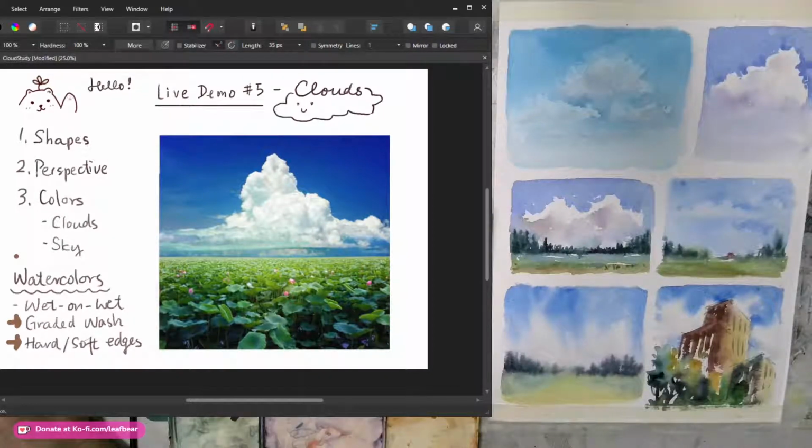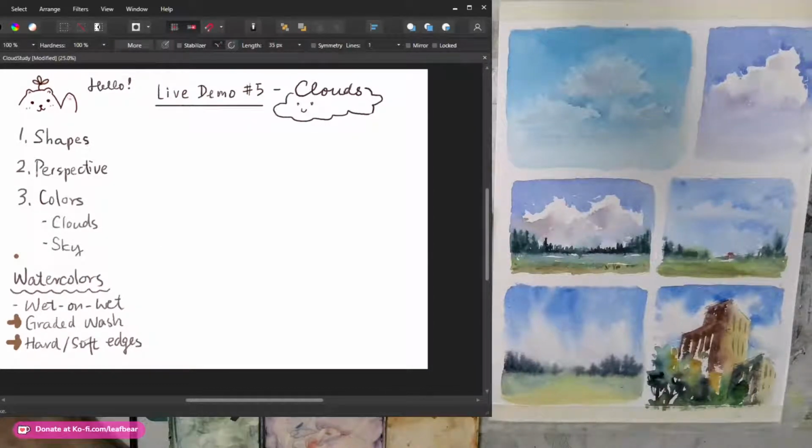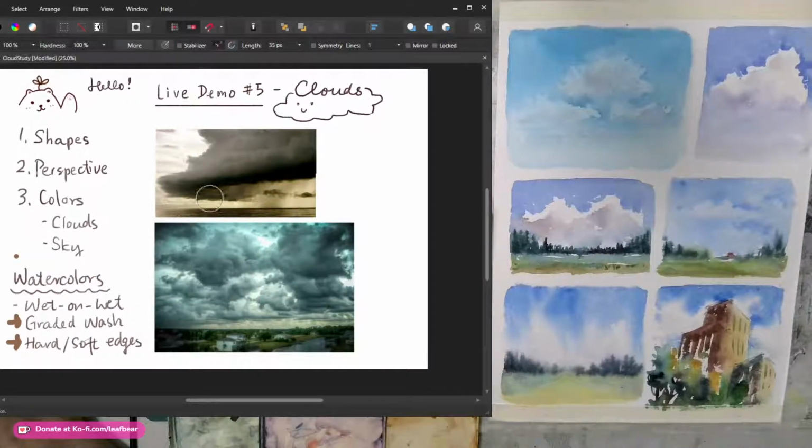How about rain clouds? That's what I want to show you guys. So I have collected some photos of these rain clouds, or more stormy sky. And my handwriting doesn't look like a pro. Anyway,